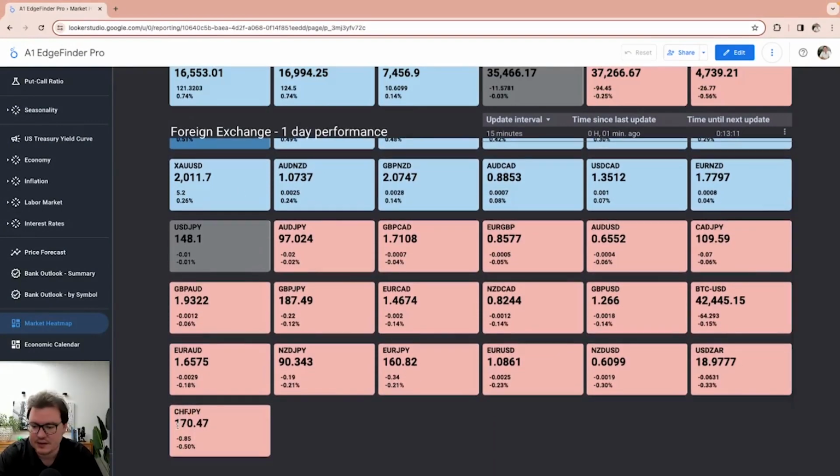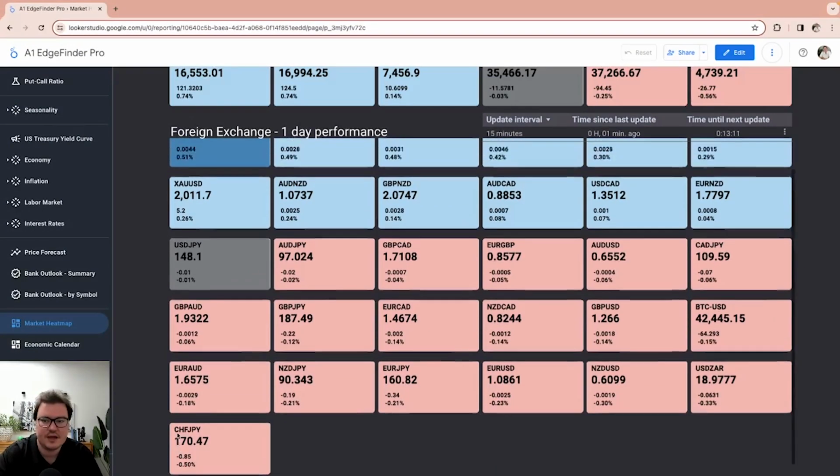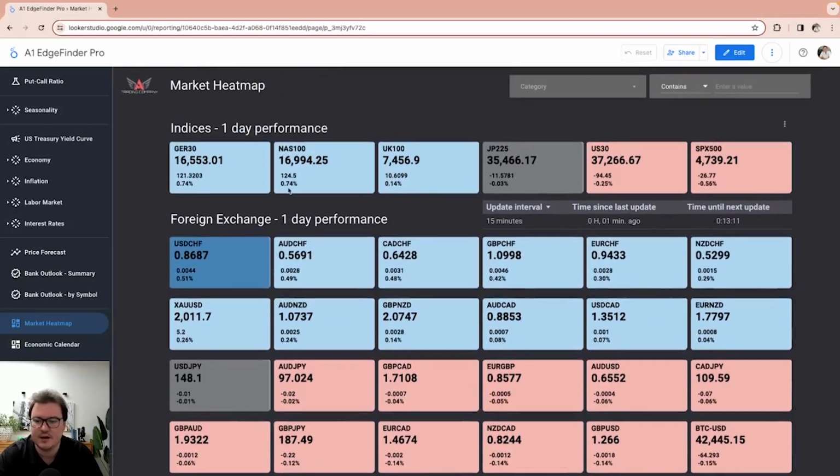And then if we want to look down here, CHF, JPY down 0.5% on the day. We have our indices up here. NASDAQ and German 30 both up 0.74% on the day. So again, kind of a broad overview of the market, see what's trending up, see what's trending down,